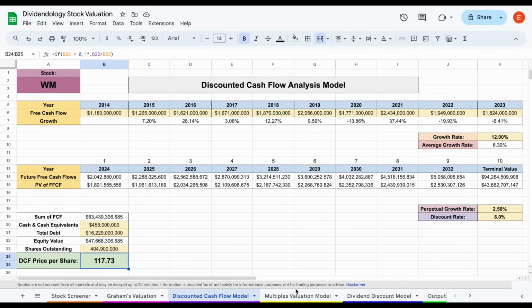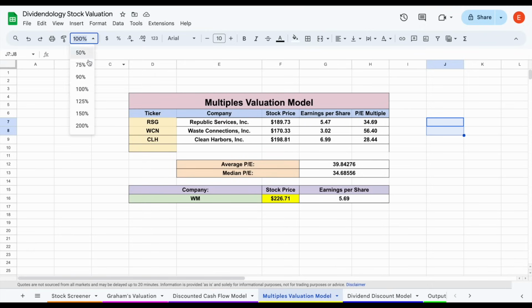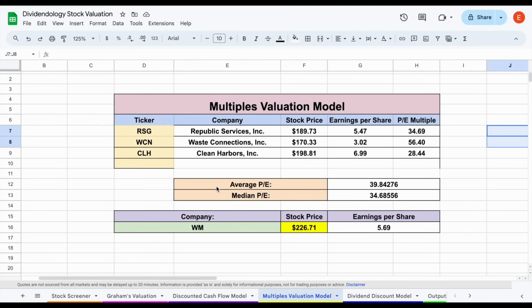Now the next valuation we'll look at is going to be our multiples valuation, and basically what we're doing is we're looking at how the market is valuing companies that are similar in structure by taking their stock price, dividing by earnings per share to find their price to earnings multiple. Now all of these companies, including Waste Management, trade at pretty high price to earnings multiples. The average is pretty much 39.8. I mean, that is a very high price to earnings multiple. These are expensive companies, no doubt. But if we take that average PE and multiply it by Waste Management's earnings per share, we come to an intrinsic value of